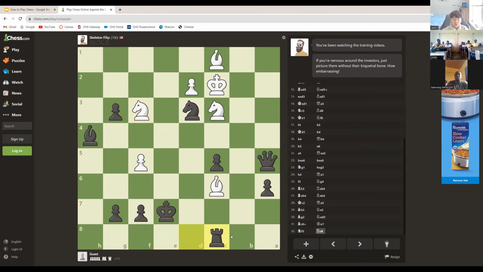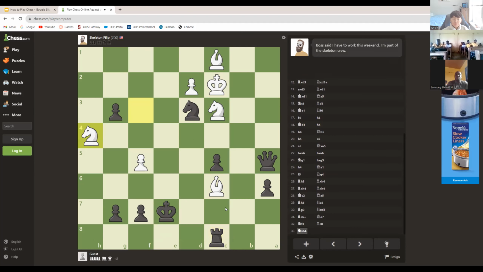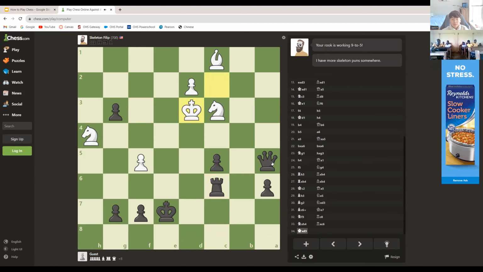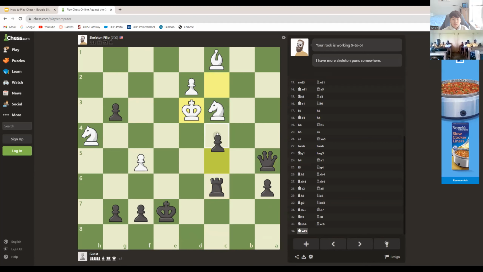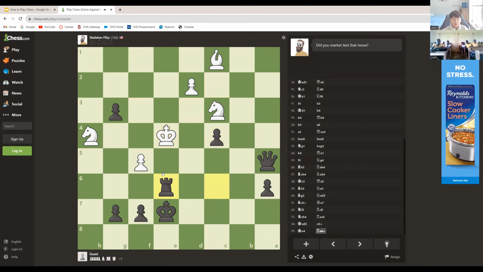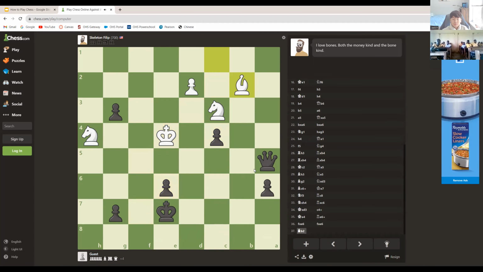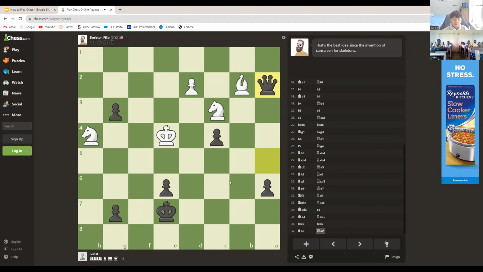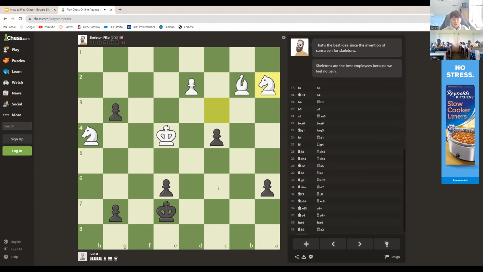Maybe try to force the bishop back. Now I can probably call a check with my pawn here. He moved the king, so maybe move my rook here to call a check again. He takes, which I can just take. Here and maybe try to take the bishop. She takes. So